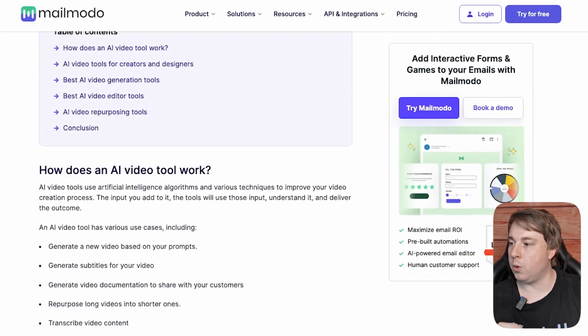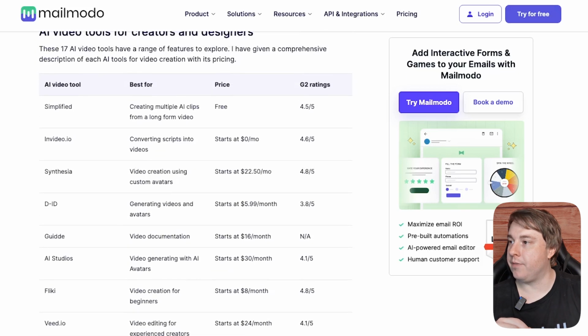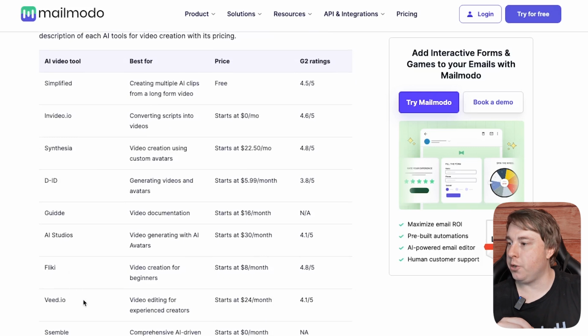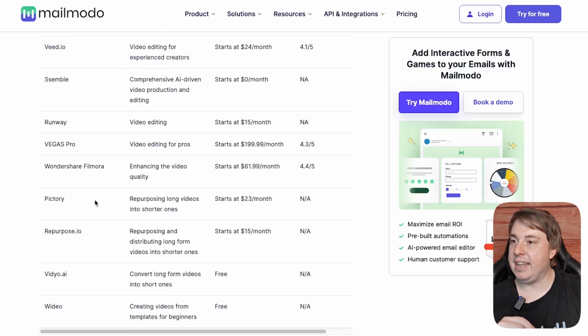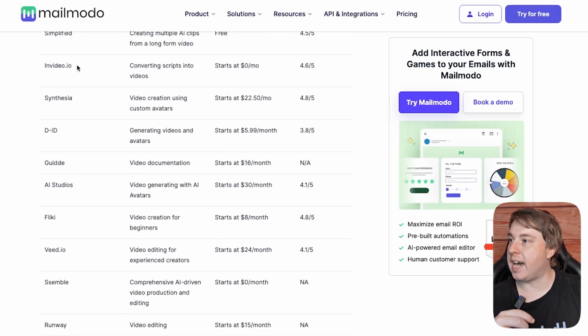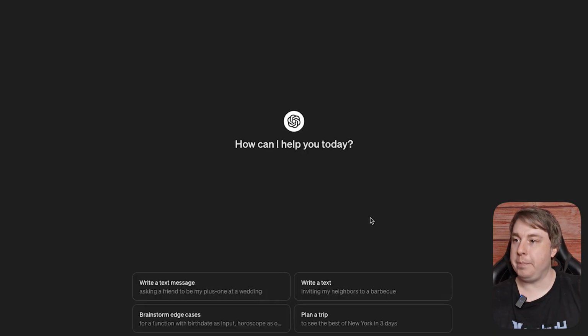So I read through this article and I saw the whole list of AI tools here, some of which I'm familiar with, like Flicky, VDIO, Pictree AI and so on. One of the tools that I'm familiar with is actually InVideo.io. It's actually InVideo.ai, the new version, okay? So I'm familiar with that tool. So you can go around Google and search for various AI tools, and then you can use an AI tool called ChatGPT.